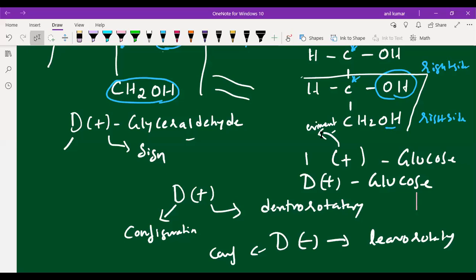Here also it is the same thing, students. The open chain structure of glucose that we discussed in yesterday's class and today's class doesn't explain some reactions of aldehyde. That's why we are going to discuss another structure of glucose, called the cyclic structure of glucose. So let us discuss the cyclic structure of glucose.